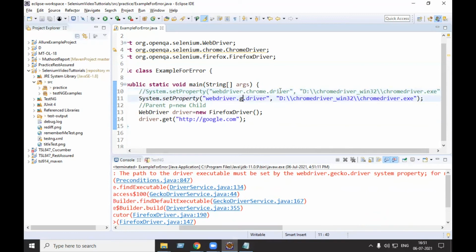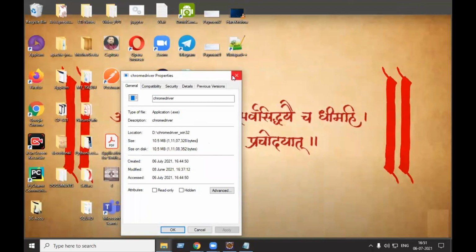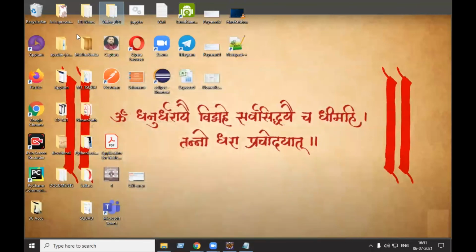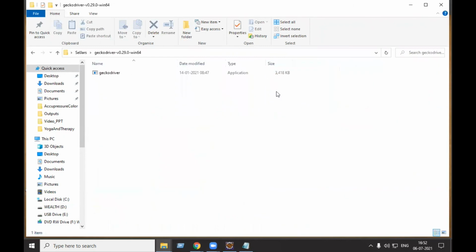Here gecko and gecko, and the path of your driver. The path of your driver you need to mention here. So where is my driver? It is on the desktop. In the desktop there is a folder, Selenium jars. Where is the Selenium jars? Yeah, there. Geckodriver.